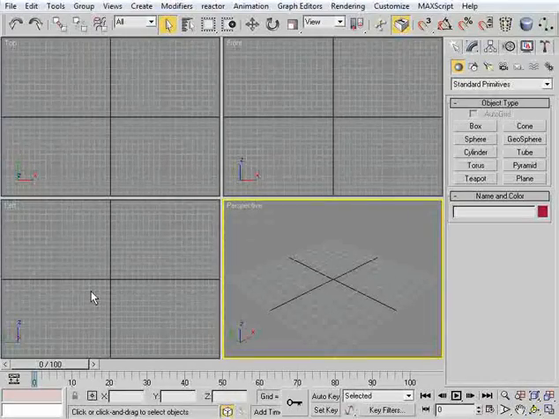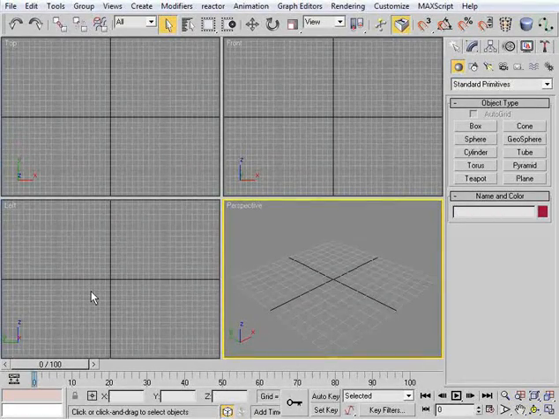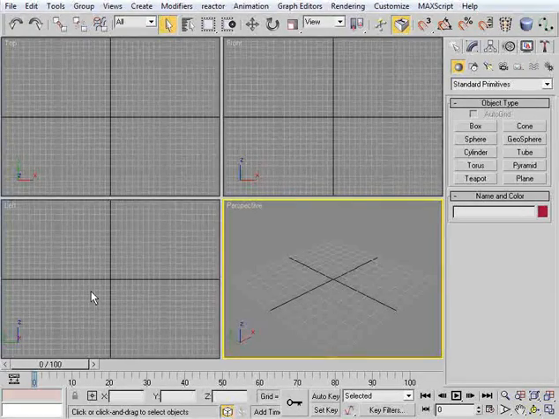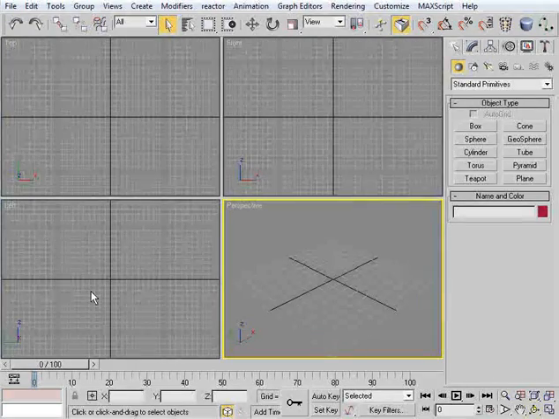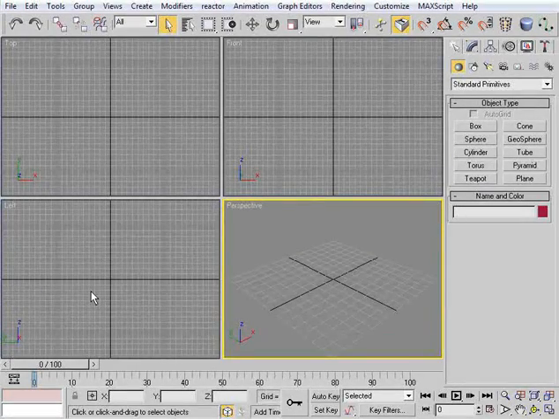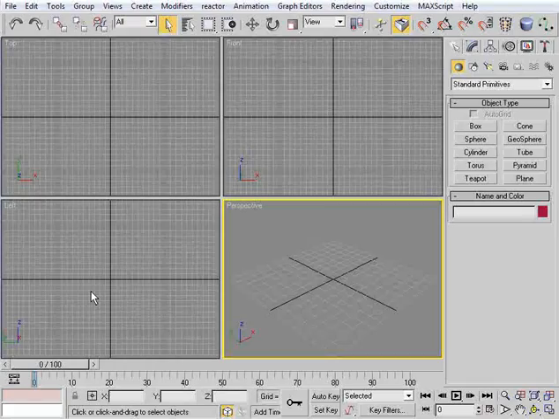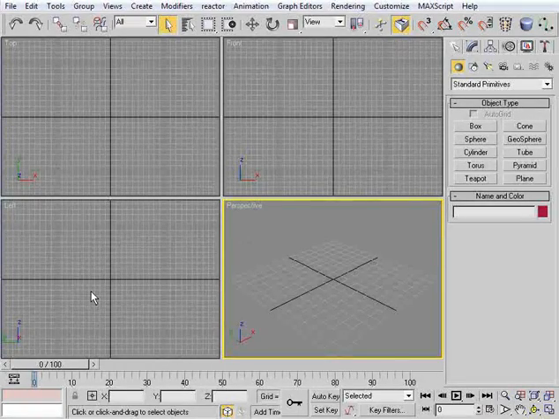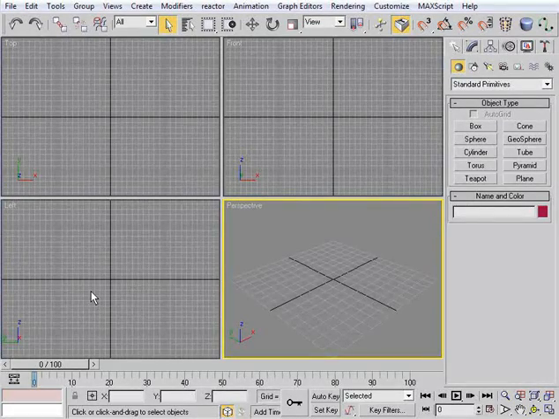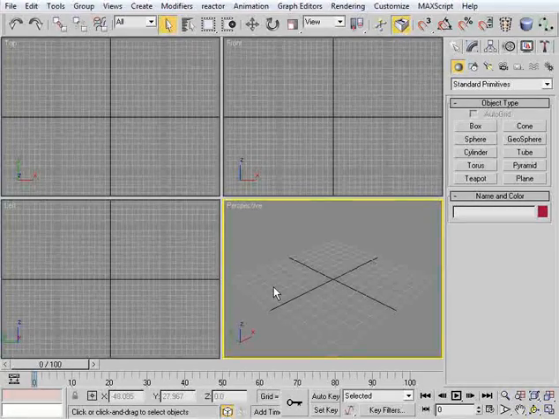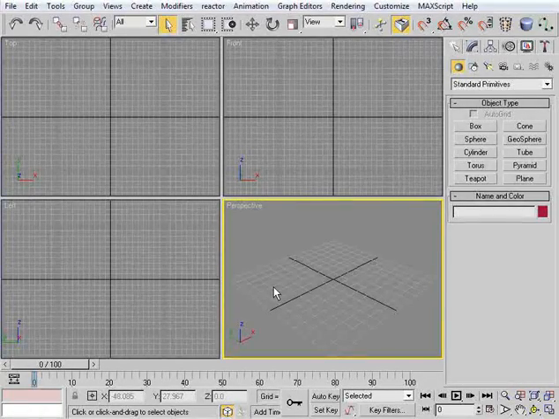Welcome to this first video tutorial in the series of learning 3D Studio Max. This is a beginner's tutorial geared towards people that know absolutely nothing about this amazing program. Very complicated program, but still very intuitive and user-friendly once you get familiar with it. And that's what this tutorial is geared towards, teaching you the basics, getting you familiar with the interface, and